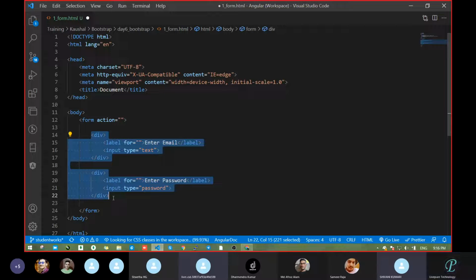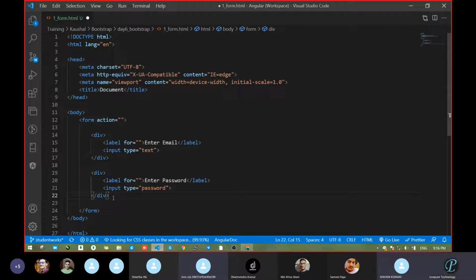Yes, sir, I'm getting it, but sir, I have a question. If you are not adding that into the div, then can we not do that? Without adding into the div, you are adding each field, like the email in one div and the password in another div. If you do not add this, I want to know what will happen. Okay, so if we do not add, can anyone explain? Praful or Roshan? Why are we taking it with a div?